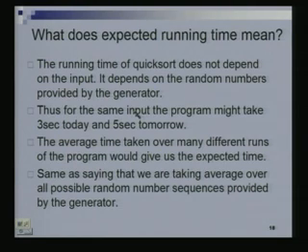So what we are trying to say here is that when we say it's independent of the input, we are saying that no matter what input the adversary gives us, you are trying to maybe beat my algorithm, you want my algorithm to take as much time as possible. The point here is that you cannot come up with any such sequence. No matter what sequence of numbers you come up with, my algorithm will take a time which in expectation is n log n, which quite often will turn out to be n log n.